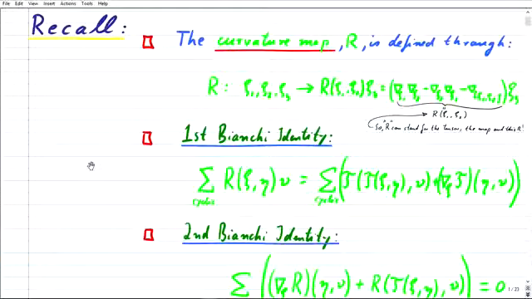Okay, so remember the curvature map is defined in this way. It maps three tangent vectors into a tangent vector by doing this operation here. These covariant derivatives acting on that tangent vector give us a tangent vector. And for this curvature map,